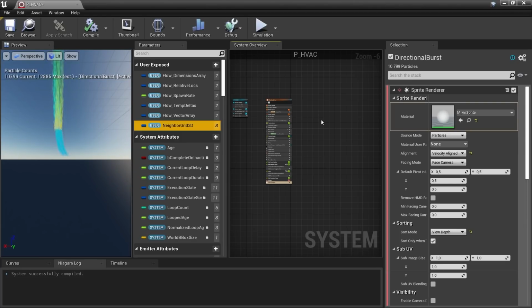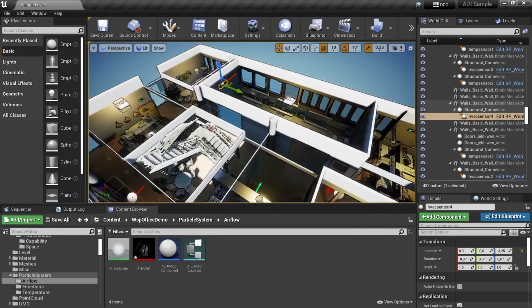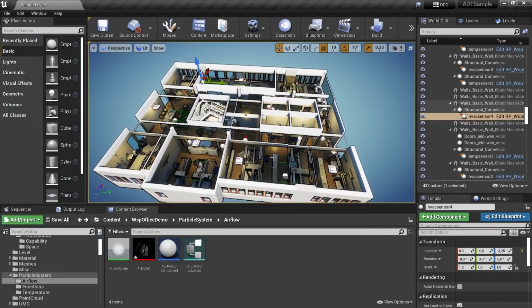So we simplified it for the demo, but it works in theory, so you can have a full building particle and temperature field simulation going in a single Niagara system. You'd probably need a crazy GPU for that to run with any kind of performance though, but just to make you aware. And I think that was pretty much everything.